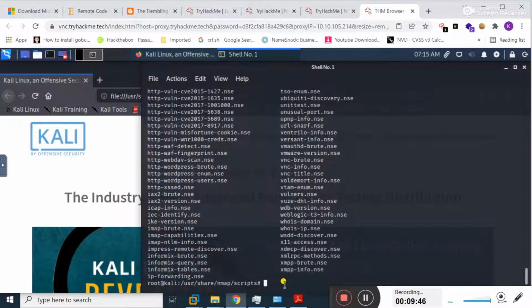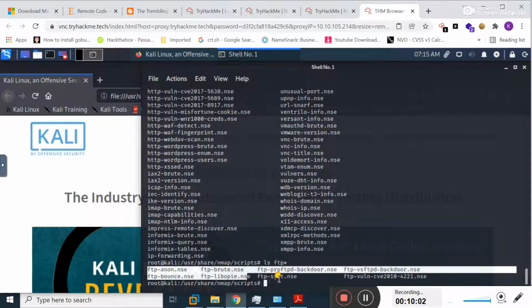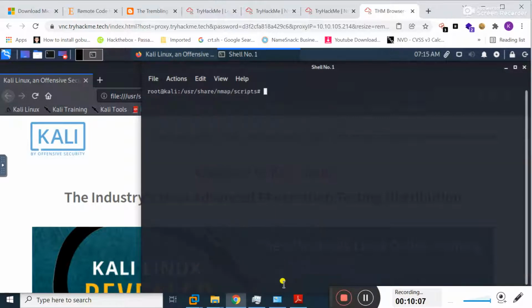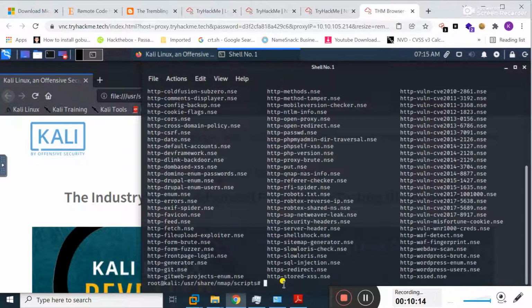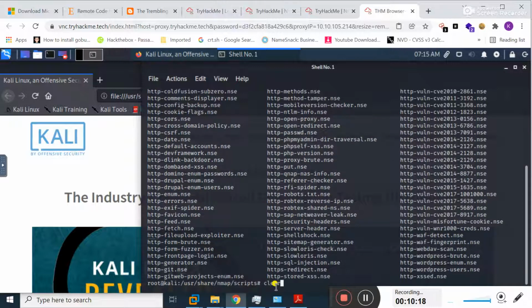Okay, now if you want to display only some specific scripts, then you can use the ls command. Then here you can type the script name, that is ftp, and then a star to display all scripts related to FTP. Right now you can see all the FTP scripts are presented to me. Okay, now if I type here http instead of ftp and type the star, see all the scripts related to HTTP.